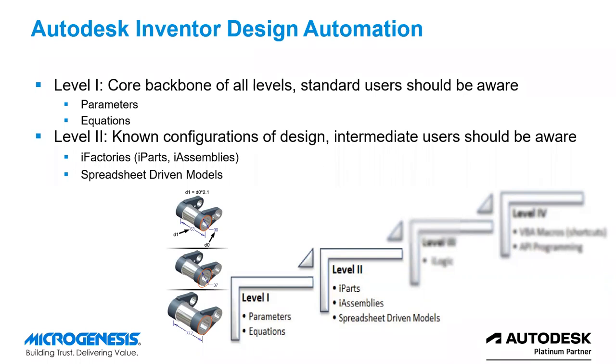So equations are nothing but you can make things automated at this level itself. If you have any equation, you can insert that equation into FX parameter. Later on, if you want to have the varieties of the models or standardization or library content, then you can use iPart, iAssemblies, or spreadsheets linked to it. So this will give you 2 levels of automation, means it makes your component smarter. If you already have done these things, congratulations, you are already at second level.